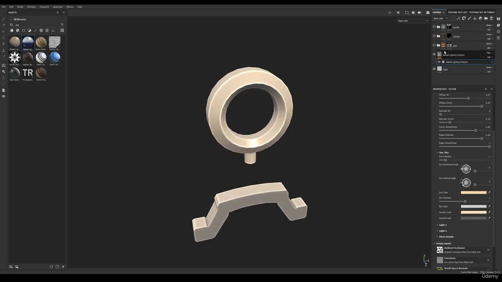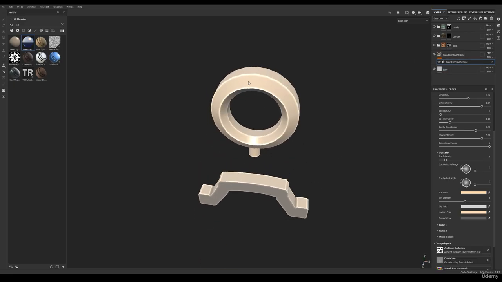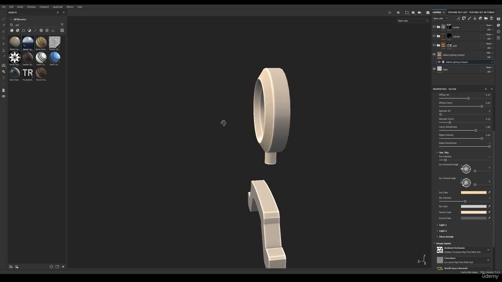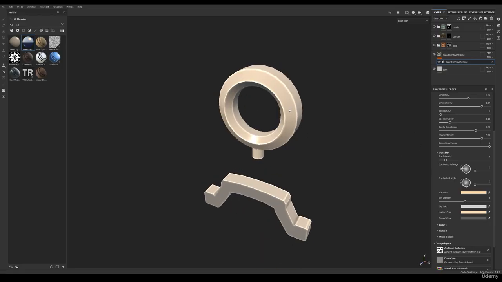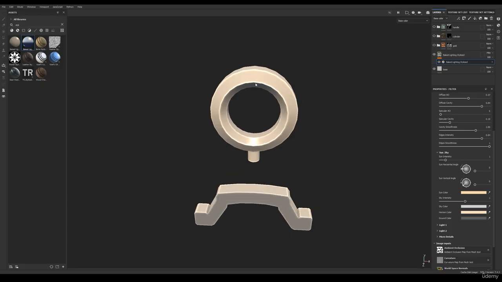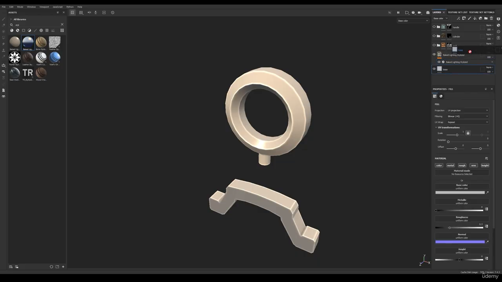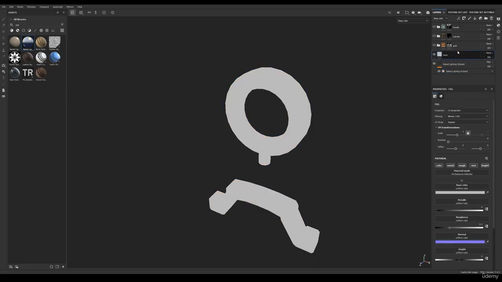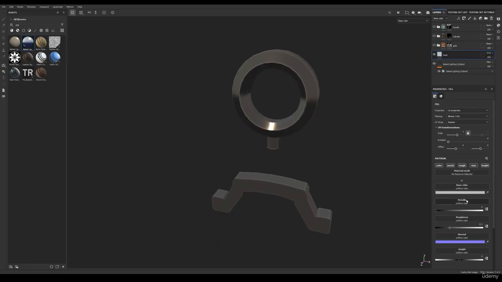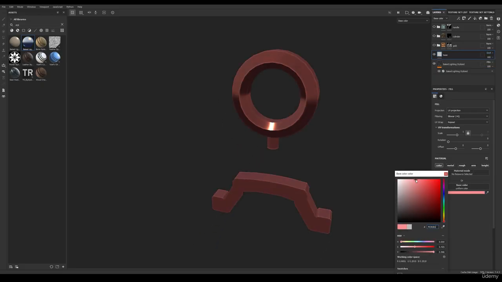If you start using it on the bigger ones, say I'm not getting the highlight here, I'm only getting the highlight here, which could just be more correct, but that's not necessarily what I want. I want the highlight there. But if I can't get it through here, then what can you do? I'll just paint it in. When I have this, let me just bring this up, and I will say overlay it or something similar, and then I can overlay it with a different